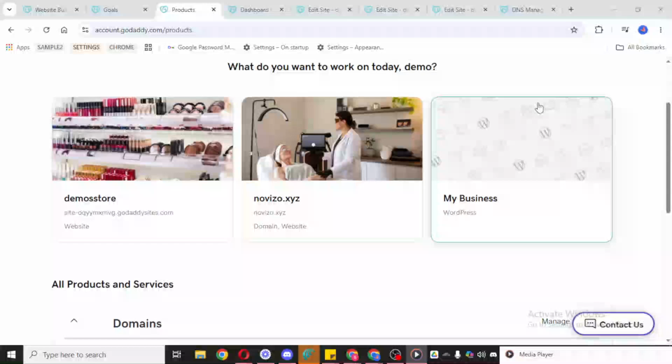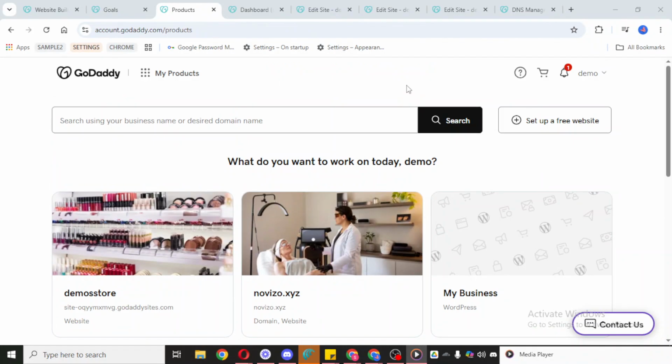In today's video, I'm going to teach you how to manage a GoDaddy website. To get started, open your GoDaddy account and sign in. Once you're inside your account dashboard, take a moment to get familiar with the layout. This is where GoDaddy keeps your account settings, products, and website tools all in one place. So it's a good central hub whenever you want to make updates.